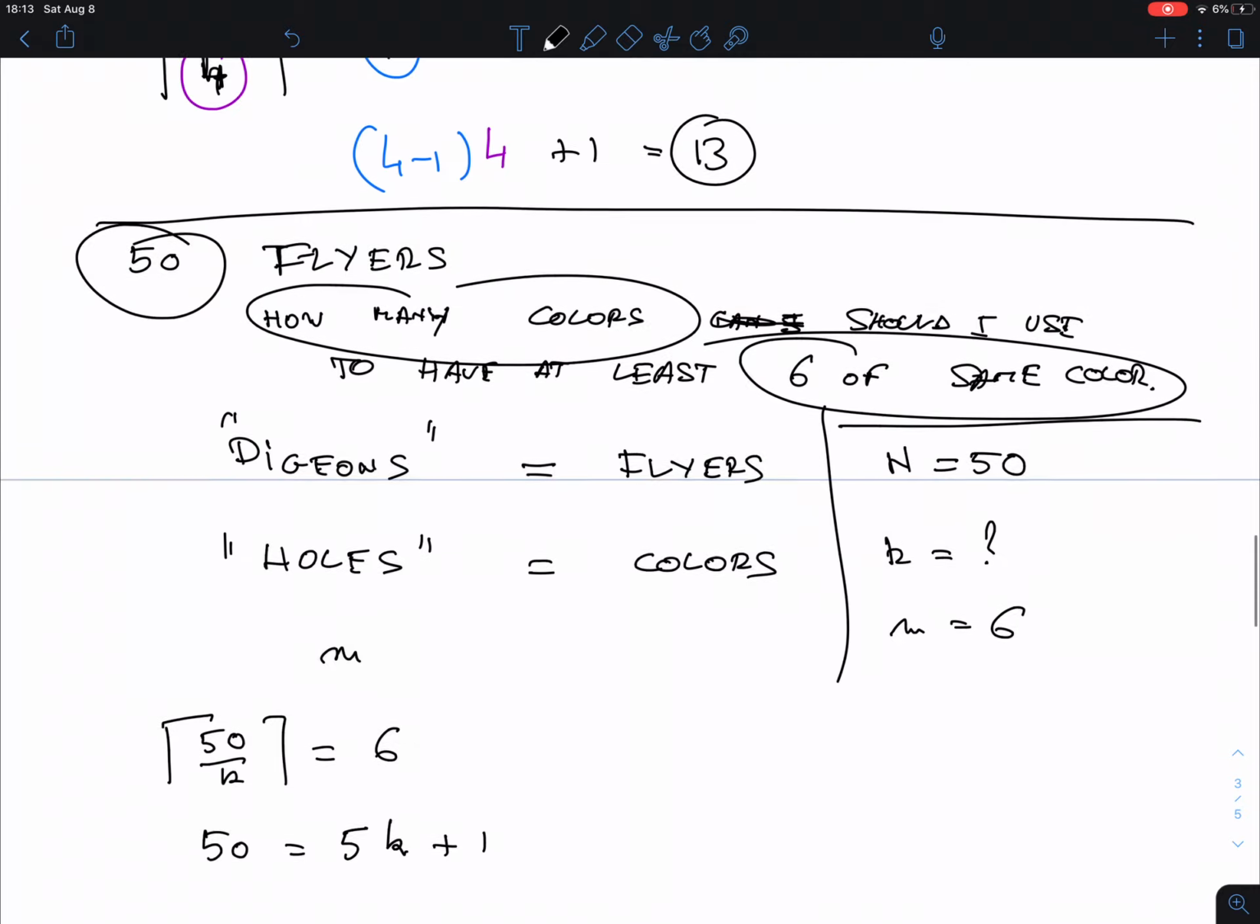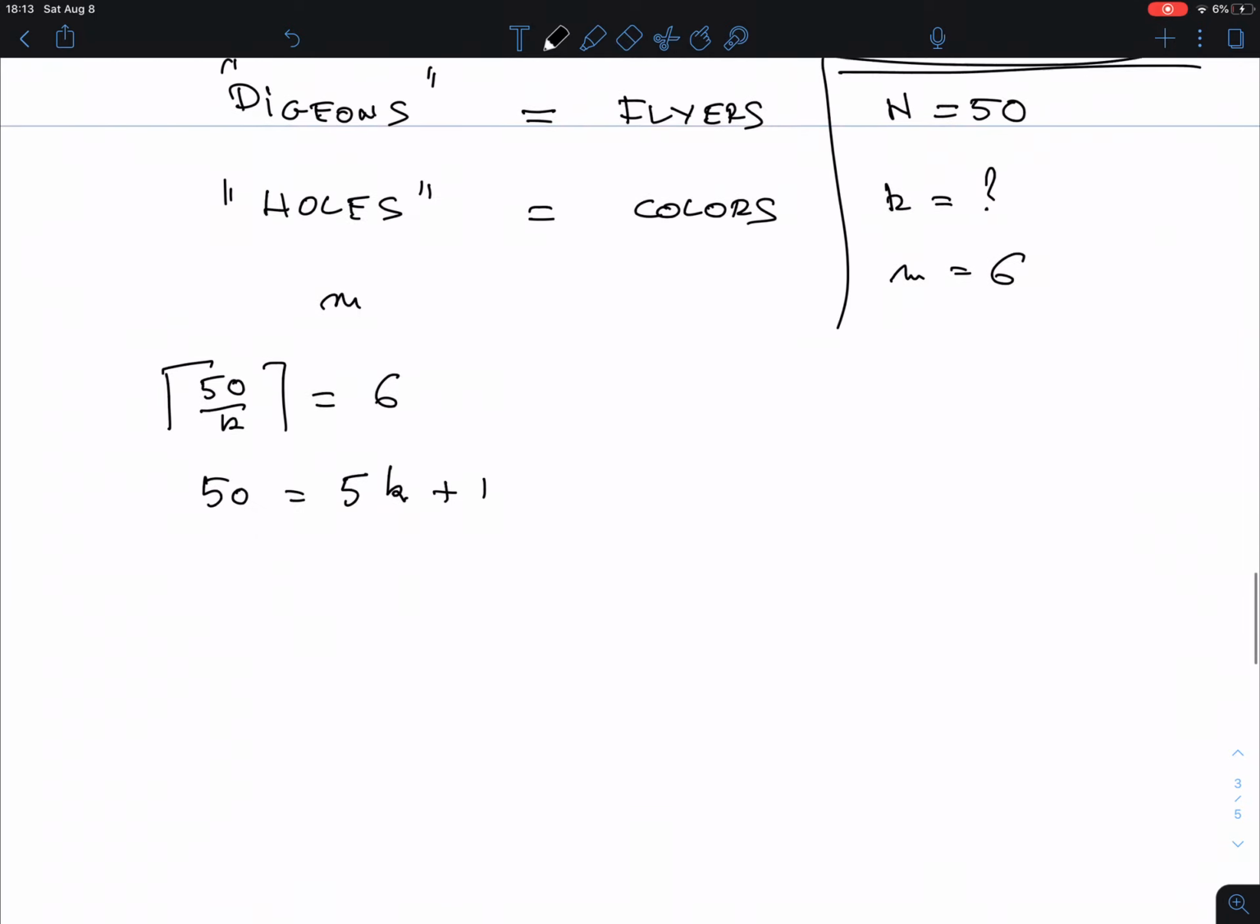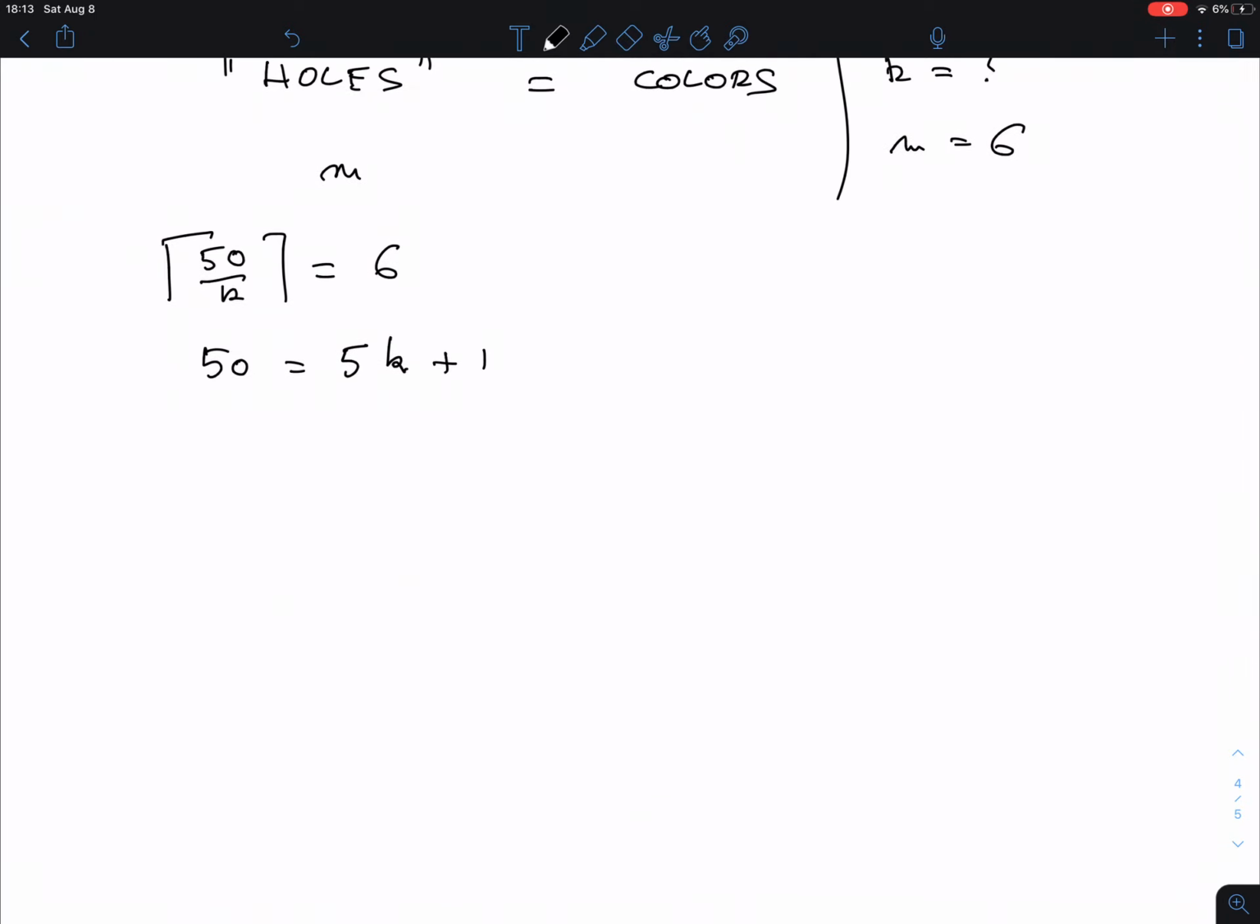This is the formula that I had here, right? So what is this now? This is 49 is equal to 5k. That means that k is equal to 49 over 5. Now, of course, that's not a whole number here. So I have to take the floor of this number, and that is